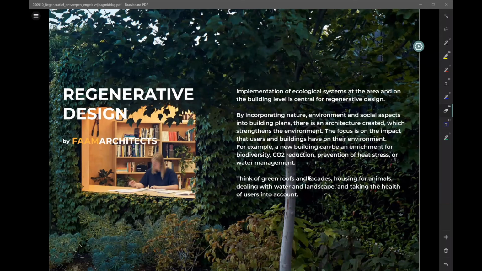Marlies Zuidam, I'm with Fauna Architects, and together with Tom van Tuin-Stedenbouw, we work on a lot of regenerative design